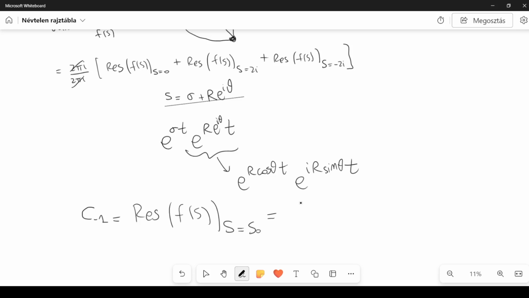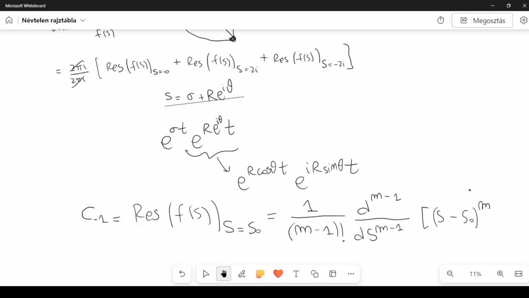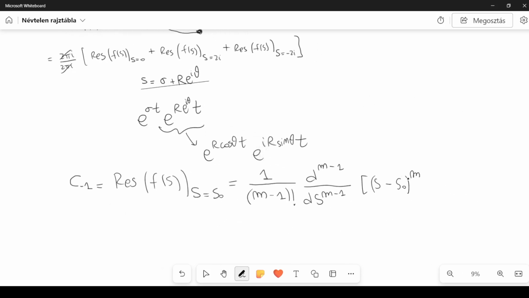Now, in complex calculus, there is a formula for this residue. I will give you the formula. I have already proved it on another occasion, but here I'm using the formula, so I have 1 over the multiplicity minus 1 factorial, and then I have the derivative d^(m-1)/ds^(m-1) of (s minus s0) to the power m, where s0 is one of the poles. We will see that s0 can take the values 0, plus 2i, and minus 2i. And then I have f of s,